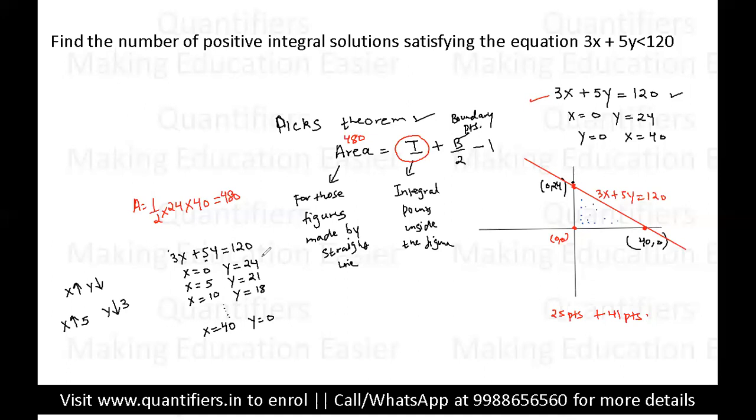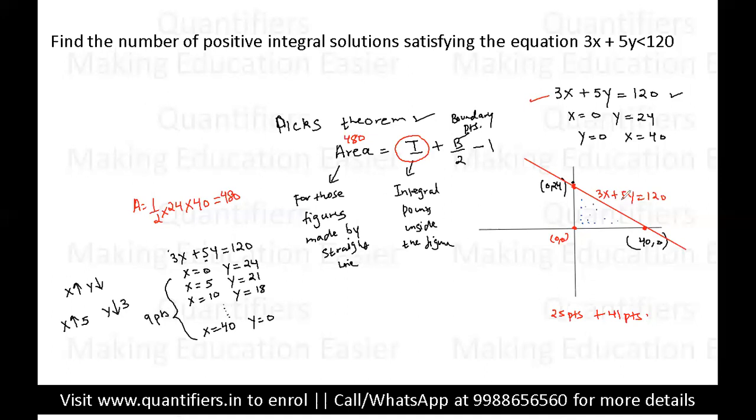Now students, just look at this. How many values are these? So students, from 0 till 40 with a gap of 5, right? There is a gap of 5. 5 से लेकर 40 तक 8 points है, right? So this 1 point when x is equal to 0 is also included. तो हम कह सकते हैं 0 से लेकर 40. This is an AP. You can apply the formula of AP also. This will give you 9 points.